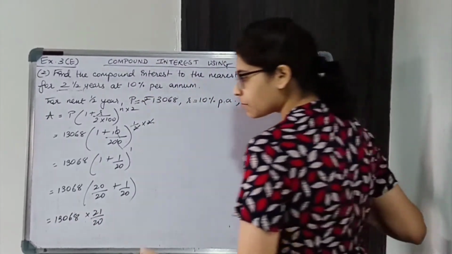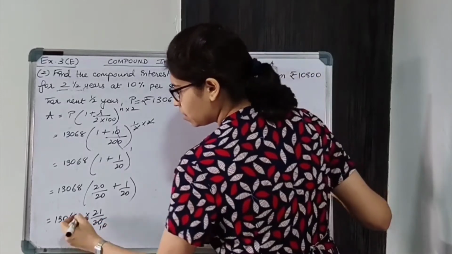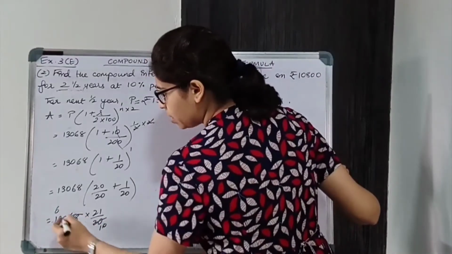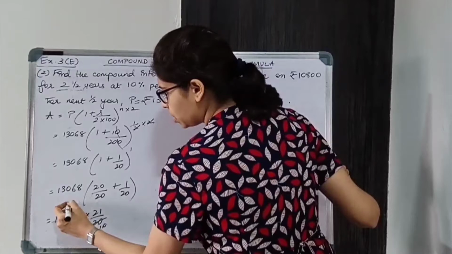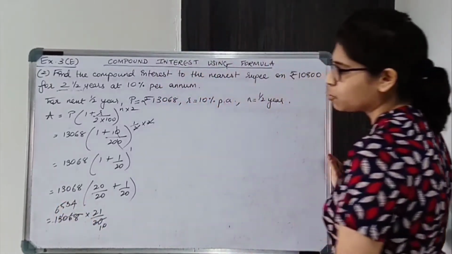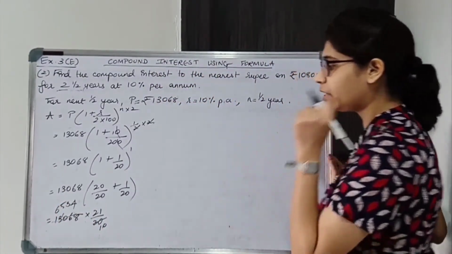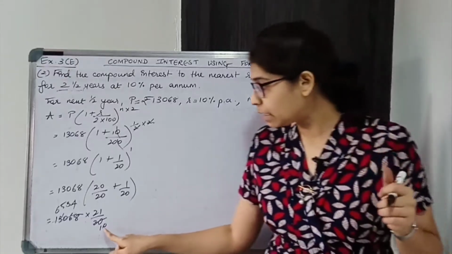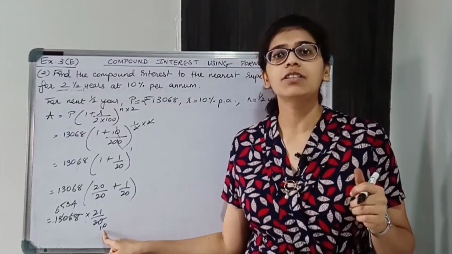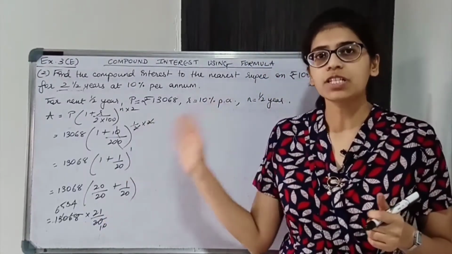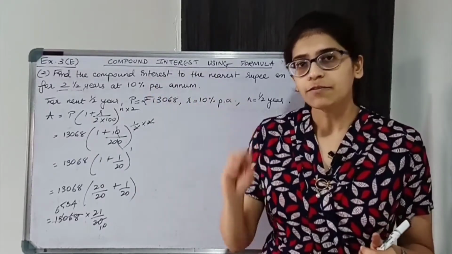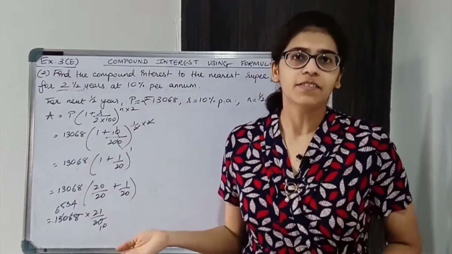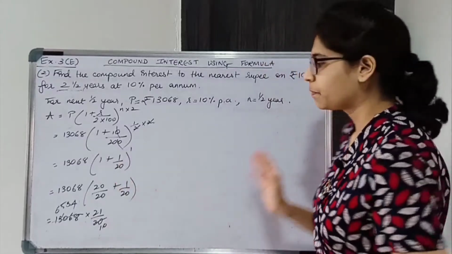Okay. Now 2 tens are, 2 6s are 12, 2 5s are 10, 2 3s are 6, 2 4s are 8. So we get 6534 into 21 upon 10. Now I am keeping 10 in the denominator because it will become easy. Okay, you just have to put a decimal point. If you keep some other number you need to actually divide, here division will not be needed. So